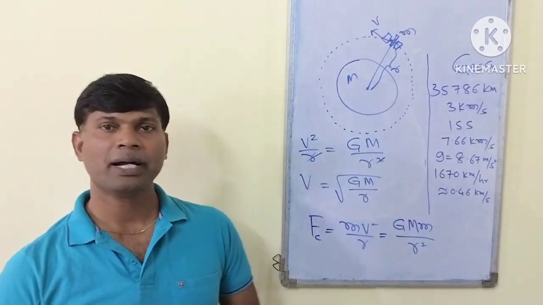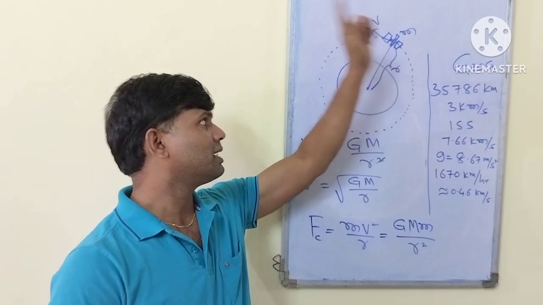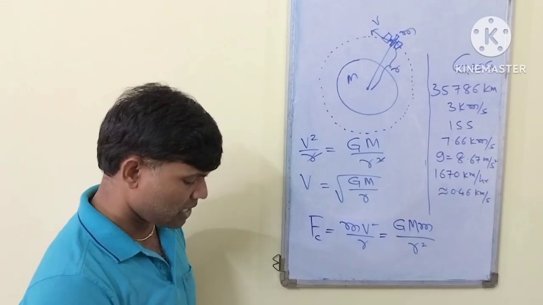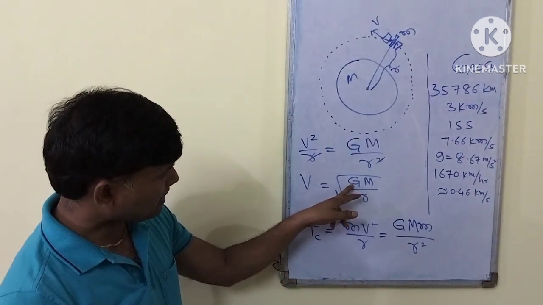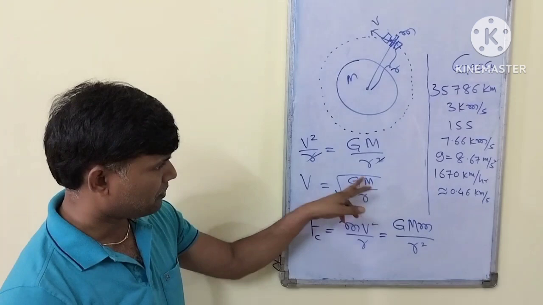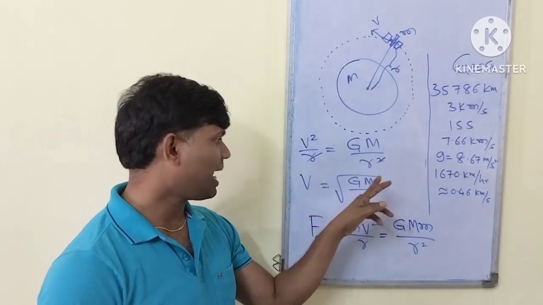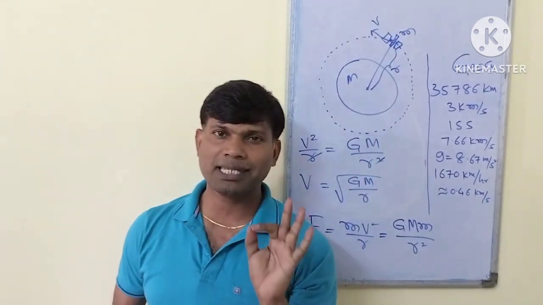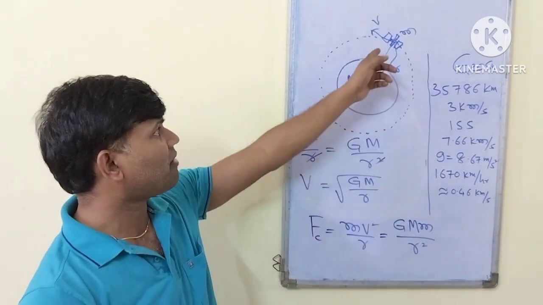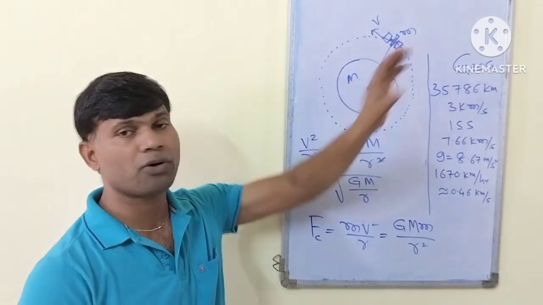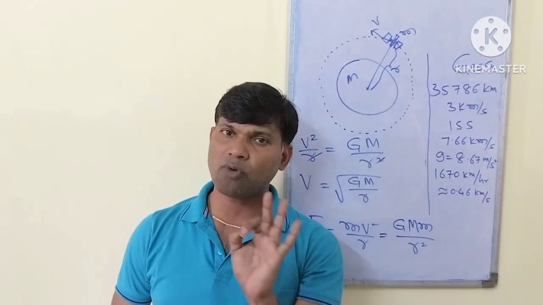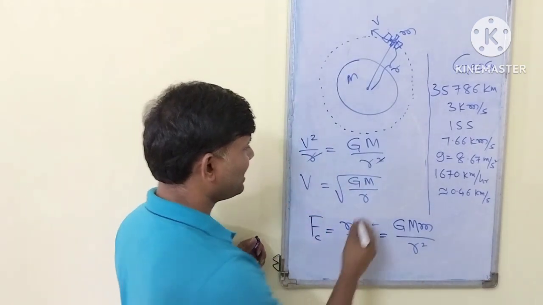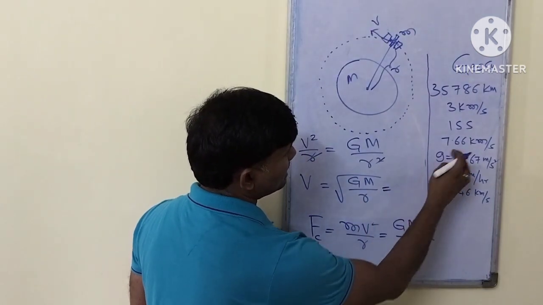R is the distance from the center to the International Space Station. So what you are getting: capital G is the universal gravitation constant, capital M is the mass of the Earth, and r is the distance from here to here. Radius of Earth is 6,400 km. The distance of the International Space Station from the surface is around 400 km. So 6,400 plus 400, 6,800 km. You substitute, you will get its value approximately this much,